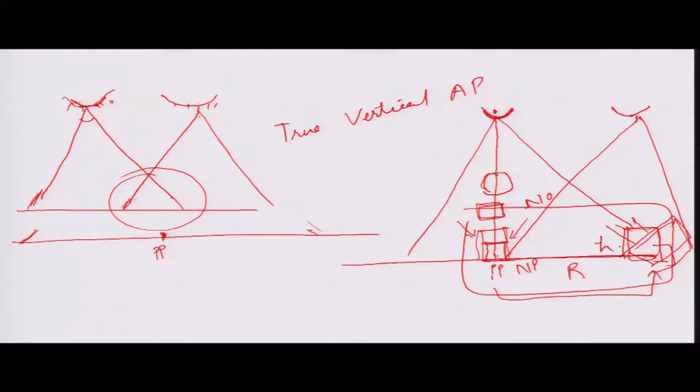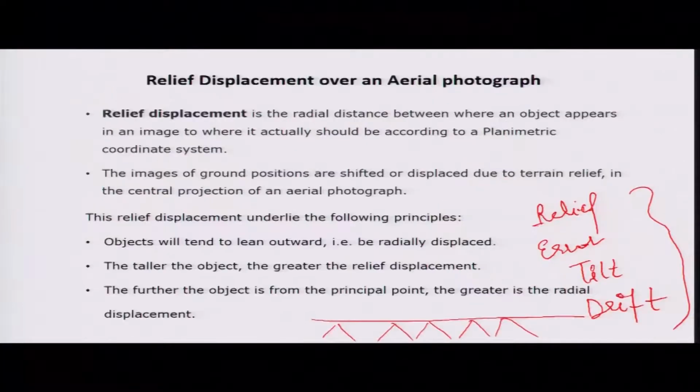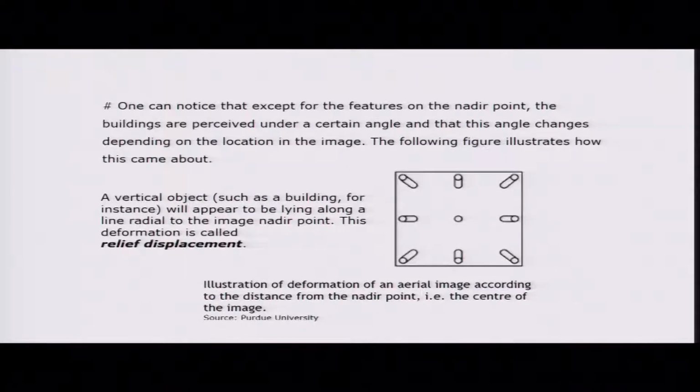Okay. This will be your height of the object, this will be your radial distance. So, when the radial distance is greater, there will be more relief displacement. This is directly proportional to radial displacement. One can notice that except for the features on the nadir point or the principal point, as you can see here, in this case of aerial photograph,